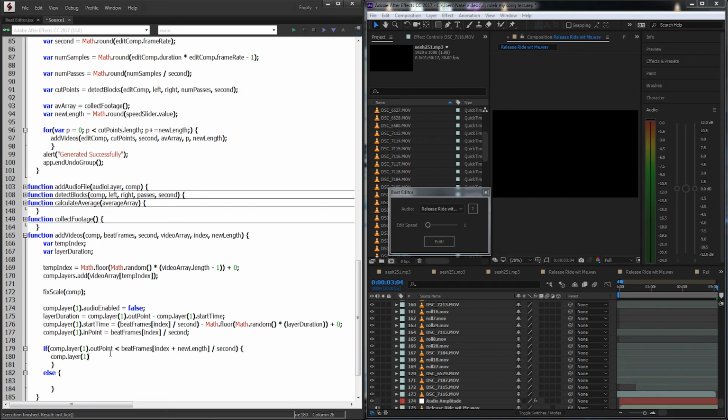So we'll grab comp.layer1, and we'll say remove. And then we're going to go back through the add videos function, and we need to pass through our comp, beat frames, the second, video array, the index, and the new length. So basically, again, if our video doesn't quite reach out to our cut point, we need to get rid of that layer and try again. However, if it's not one of those cases and we can cut the video and it will still be within length, then we're going to grab our layer and set the out point to our beat frames, and again, index plus new length